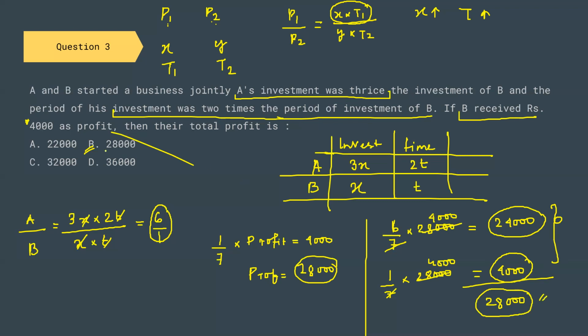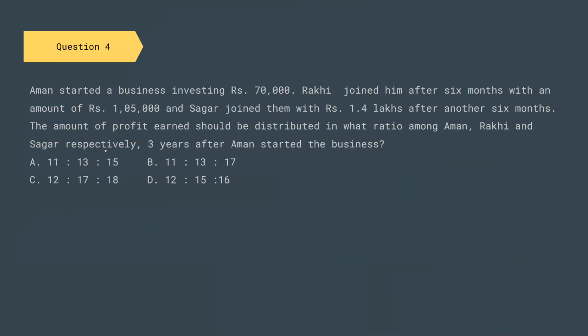It might have happened that they ask you for a different profit, like what was the profit for A, what was the profit for B. So this might be the question. We can try another question, a similar type of question. We are going to use the same strategy, same form, just that this question is a little bit longer and it contains more names. So it has three names.